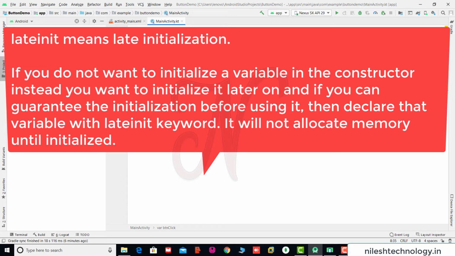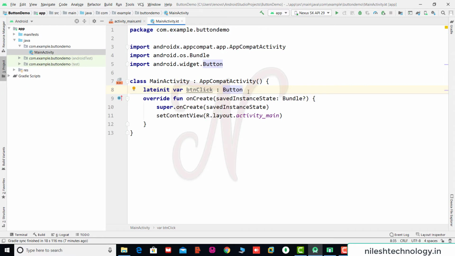If you do not want to initialize a variable in the constructor, instead you want to initialize it later on, and if you can guarantee the initialization before using it, then declare that variable with the lateinit keyword. It will not allocate the memory until initialized. This is the benefit in Kotlin.